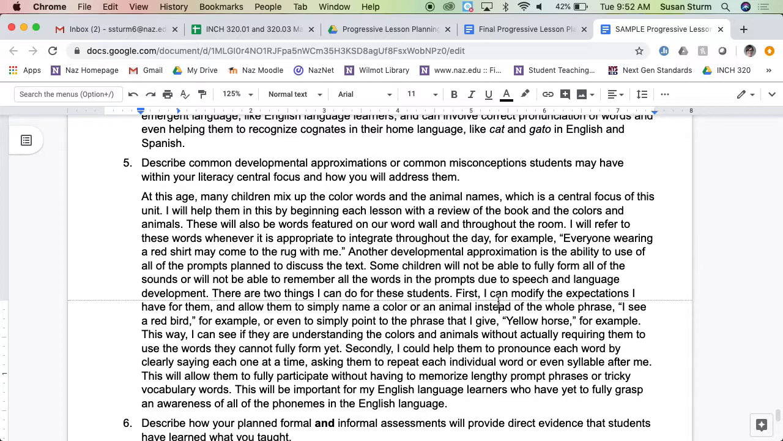Another developmental approximation is the ability to use all of those prompts that I've planned. Some children are not going to be able to fully form all of the sounds. They won't be able to remember the words yet. They don't have that good short-term memory yet, or they've got speech and language development issues. There's two things I can do for them. First, I'm going to modify my expectations, and instead of the whole phrase, I see a red bird, I'm going